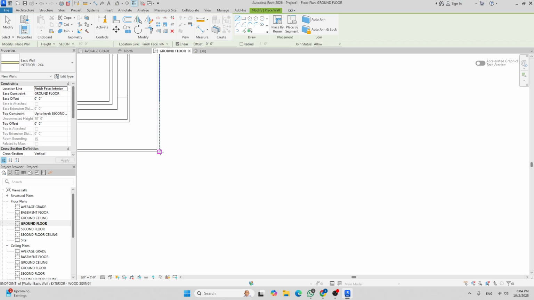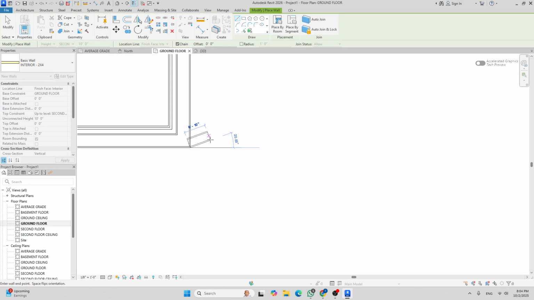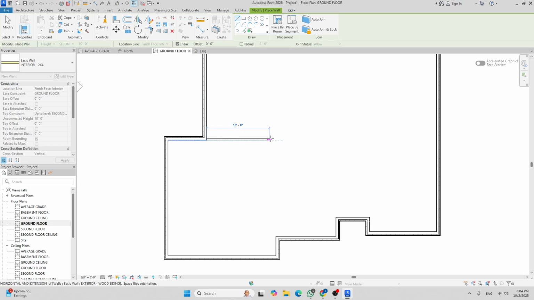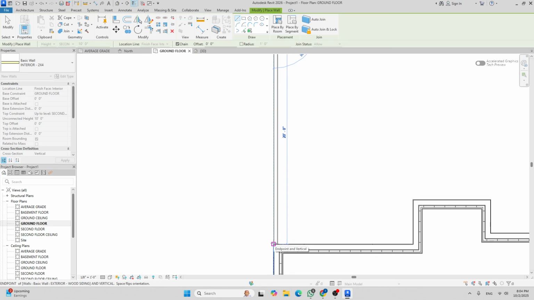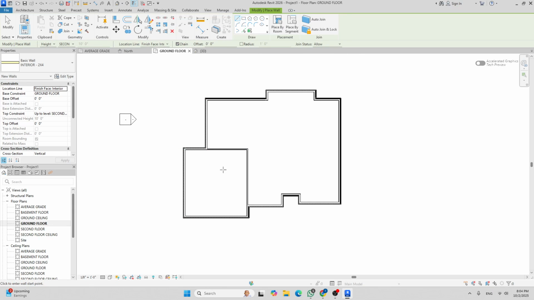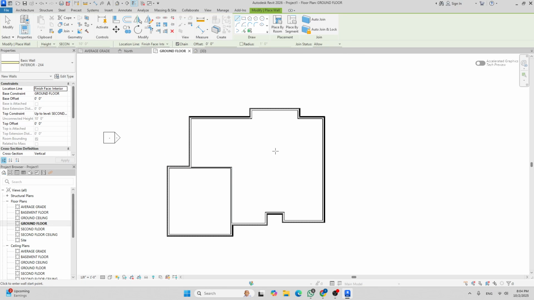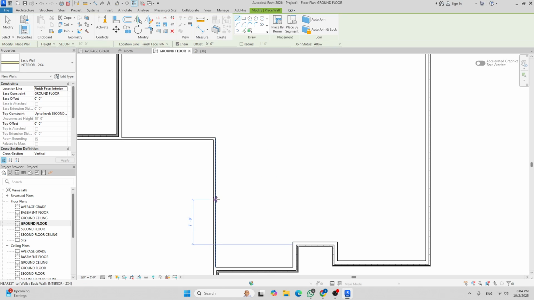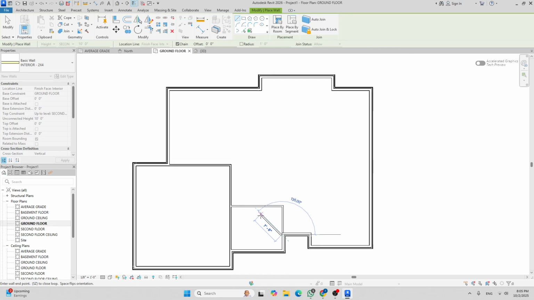I want to click this corner right here, move it to the right, zoom out until it snaps to this wall. I'm going to click it and I'm going to move it down. I'm going to click it again and I'm going to hit escape. So this is going to be our garage space right here. And okay, I'm going to click about the midpoint of this wall. Click, I'll move to the right, I'll move down. I'm gonna hit escape,